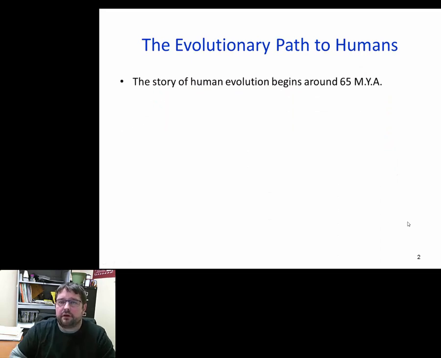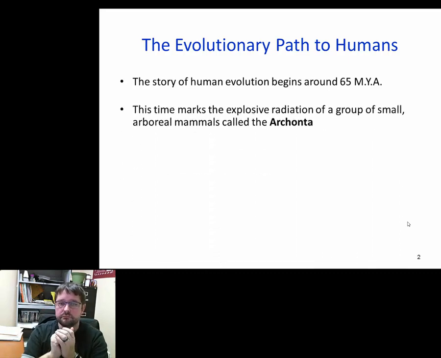So first of all, it starts about 65 million years ago. That's where human, or the path to human evolution, begins. Okay? That doesn't mean that humans are 65 million years old, and it's not even close to that. Okay? But the primate line starts about 65 million years ago. Okay? Archonta, okay, was an arboreal animal, or mammal in that perspective, okay, placental mammal. And arboreal meaning that it climbed or it lived in the trees.